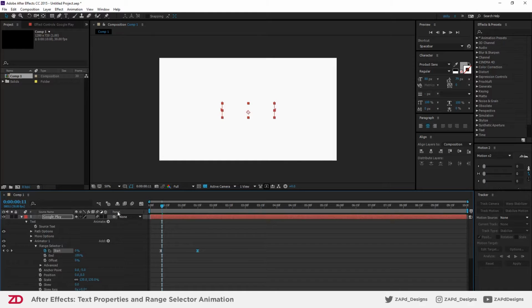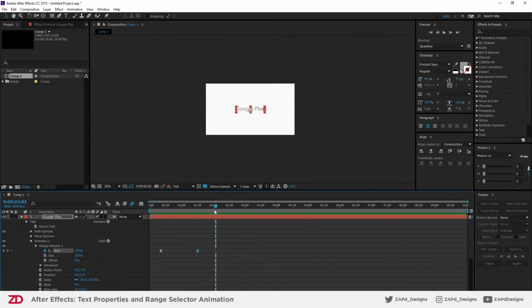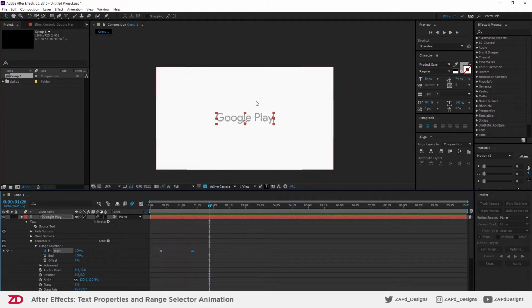And maybe we can add a little bit of motion blur by selecting this icon here and selecting on the layer that you want motion blur applied to. Maybe we can even shorten this a bit to just 1 second. Alright. Maybe we can leave it rest there for a little bit. And then,